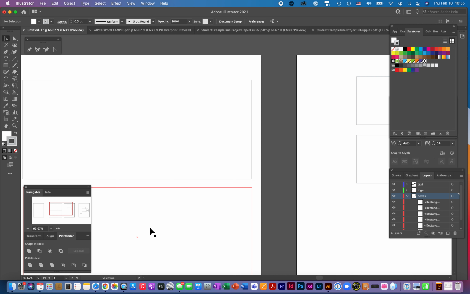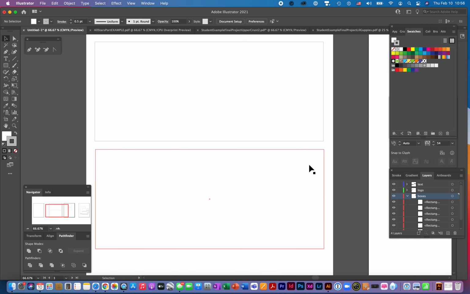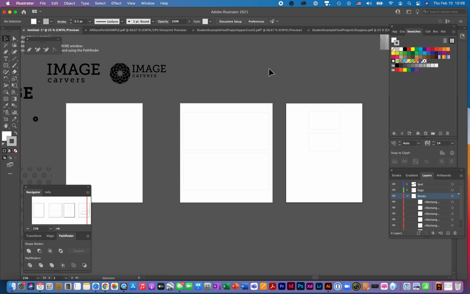Okay, you can always hand draw the point for the back of the envelope if you need to. Okay, it's a good way of handling it. But in any case, you get those all ready to go. Once your stationery is completely finished and you're very happy with everything, you don't want to change another thing, you're perfectly happy with it. At this point, you're going to want to scale it down and arrange it on a